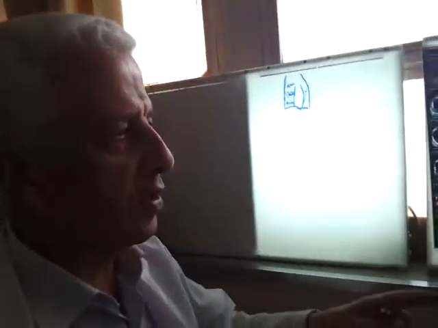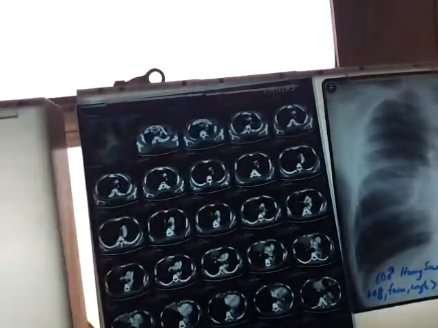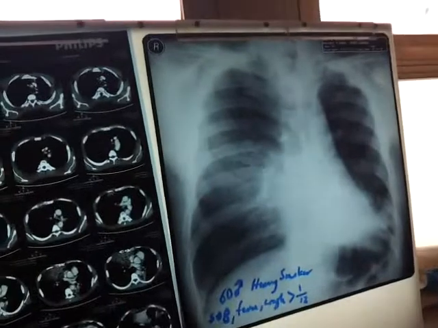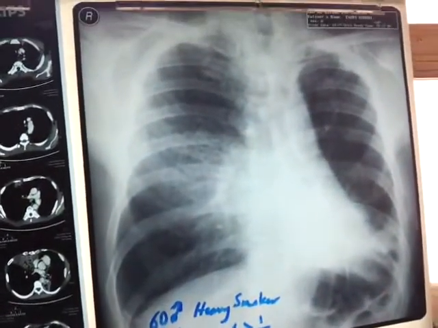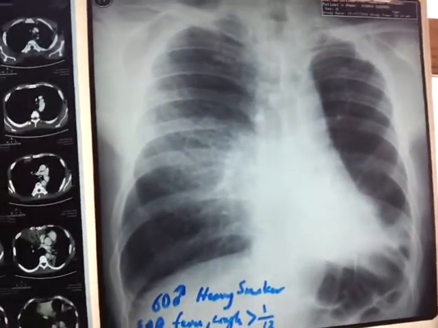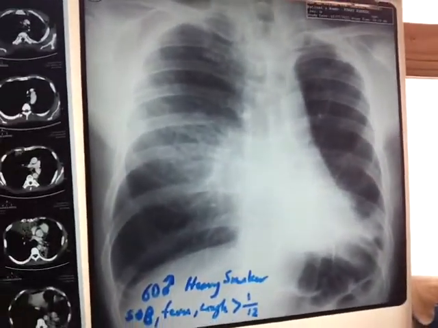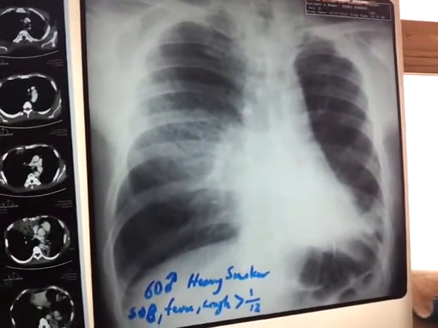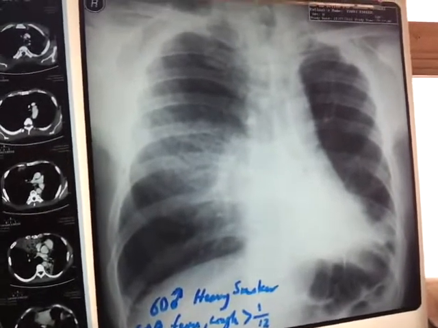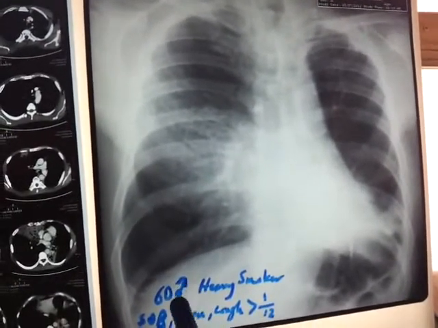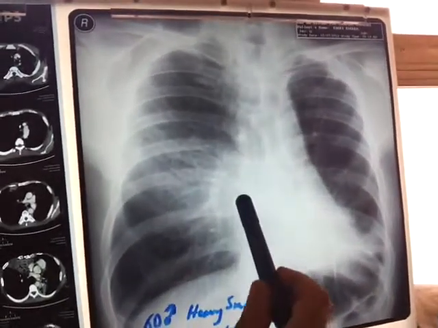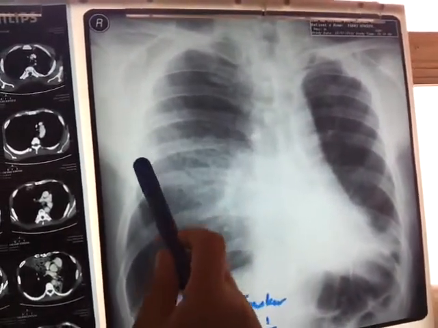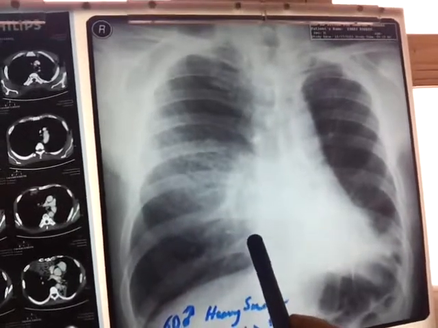This patient is a 60-year-old male, heavy smoker, presented with shortness of breath, fever, cough, more than 1 month duration. And this is his chest X-ray PA. Obviously you see this is a chest X-ray with a homogeneous opacity in the right mid zone,